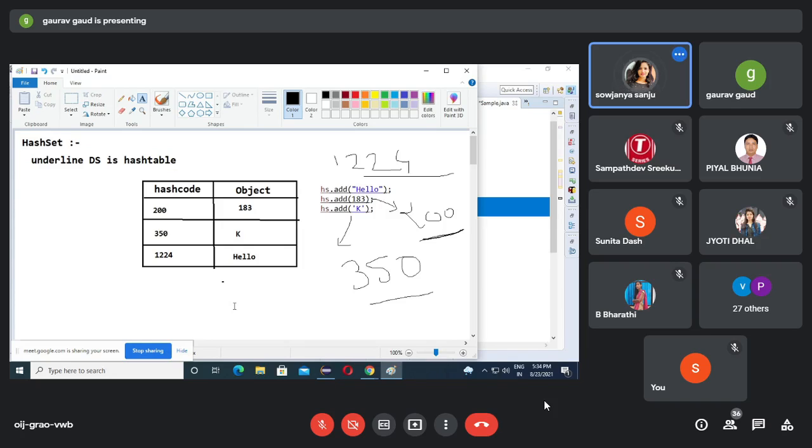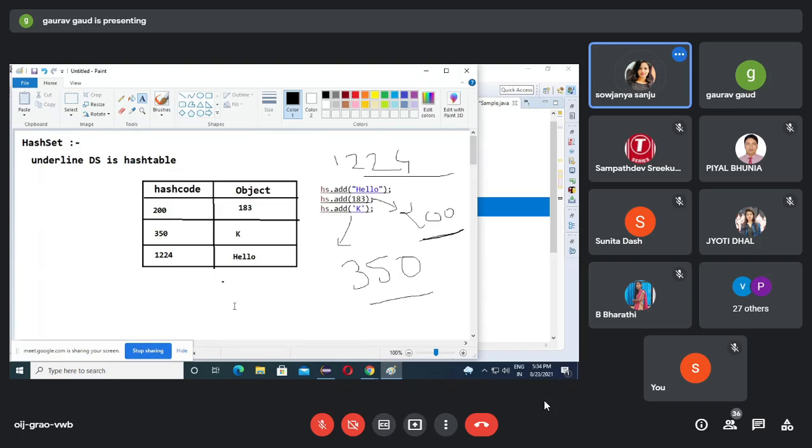Now you tell me, are you aware of hash code? Whenever you add objects, if you had 1,000 objects, do you know the hash code of all 1,000 objects? Is any programmer aware?